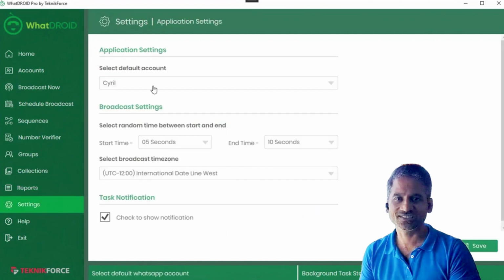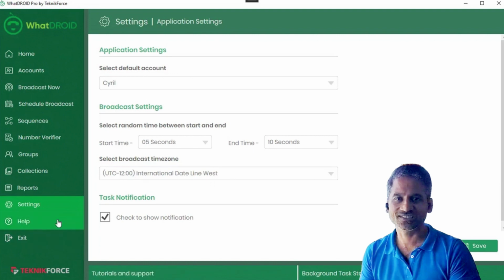Then there's settings where you can set up things like your default account and a gap between each message. So when you're sending out multiple messages to people, it's not going to send them all in a stream. This is not going to let you spam. So it's going to randomize the time gap. It's going to make sure that this is like a human being doing this. Of course, you don't have to do it with your phone. You don't have to sit on the phone all day or on the computer all day. It's just going to save time for you, but it's not a spamming tool.